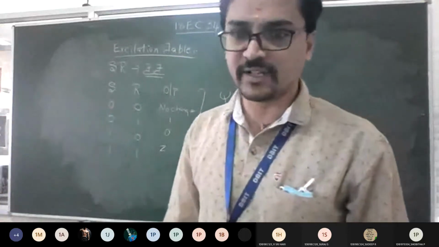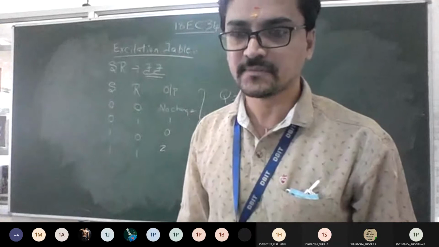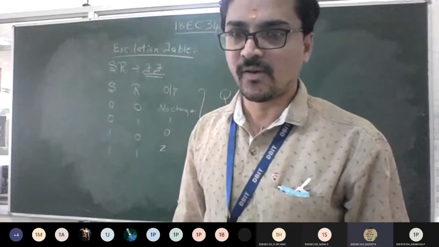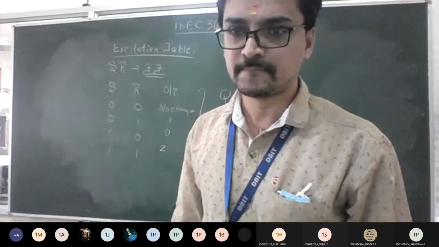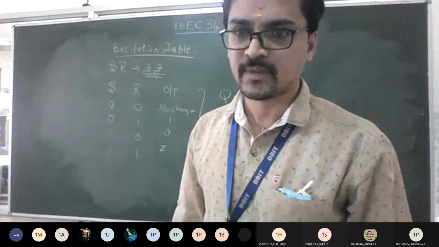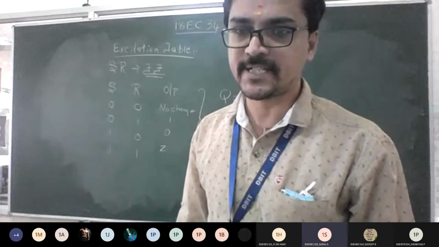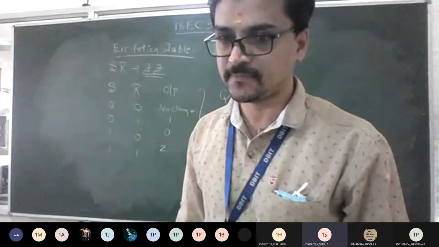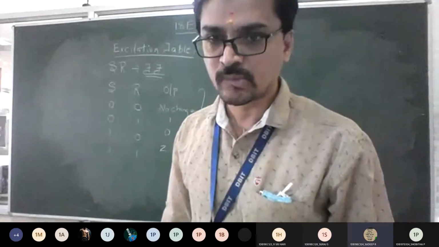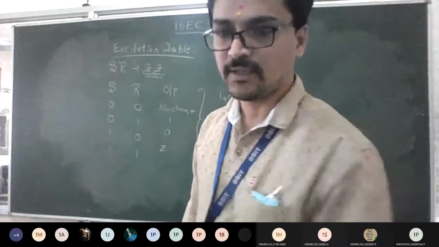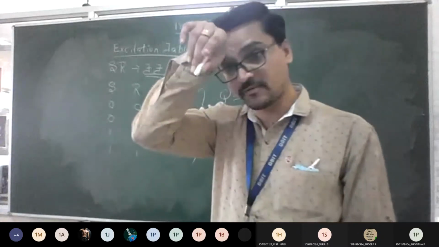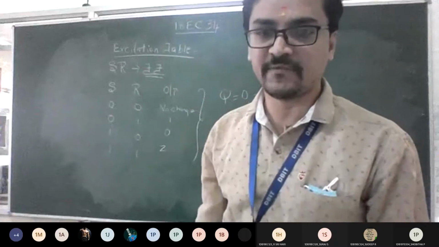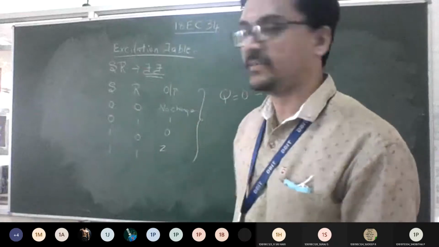But what is the drawback you got in JK? What is the drawback here? In the JK flip flop, what happens for the 1, 1 condition? Toggle. Good, toggle. So if you get 0, 1, 1, 0, 1, 0, 1, 0, it will keep switching, right? So in order to overcome that, we went for master slave. Okay. So that we will keep aside.